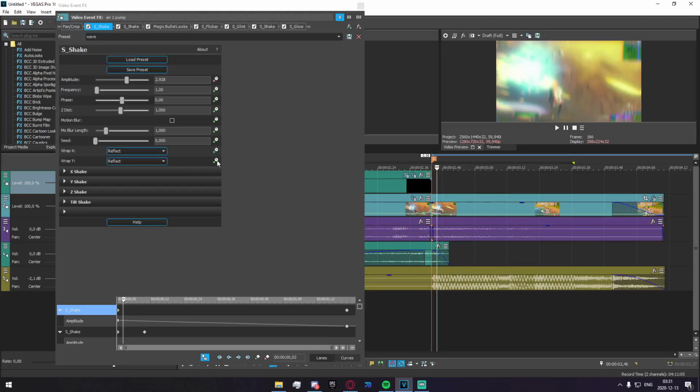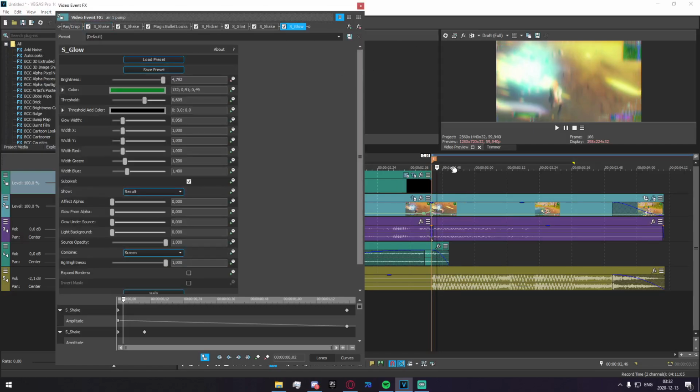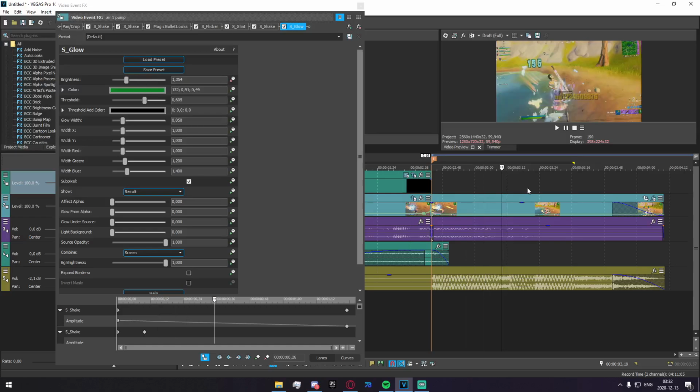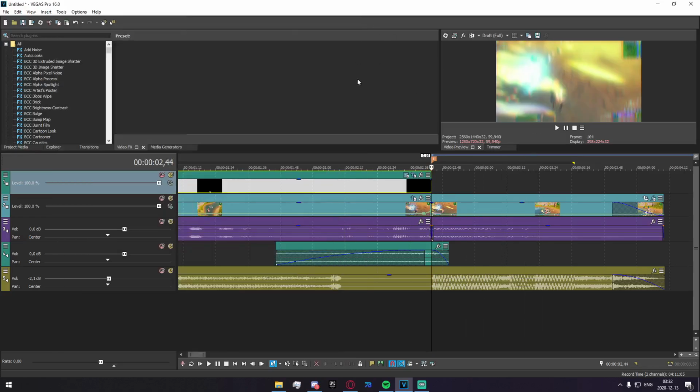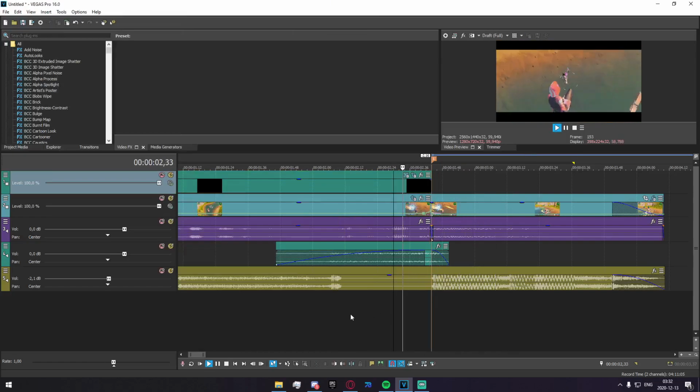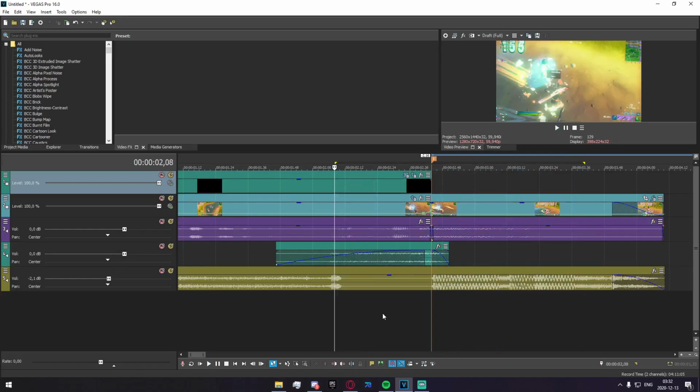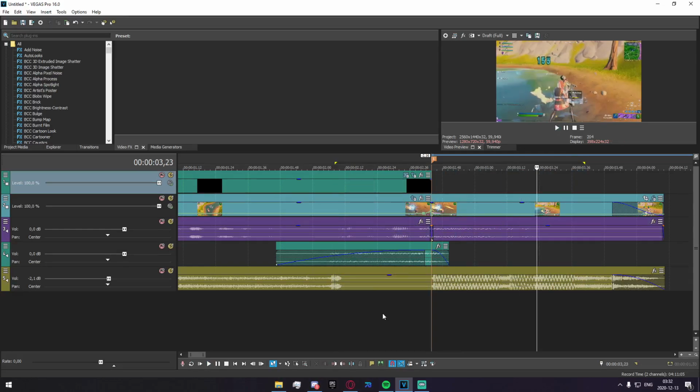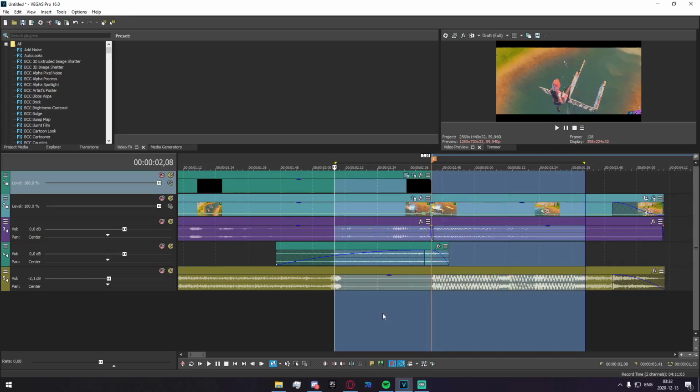Pretty much what I've done here is I've just taken a normal impact, and I've added some glow. So I've made it green, and I made the brightness very bright, but I've also made the threshold very high, meaning that it gives it sort of a cool look that I really like. So yeah, I've also gone in and added a lot of tilt shake so that it looks pretty good. So as you can see, if I pre-render this, just so you guys can see sort of how it looks, you can obviously download the preset yourself and try it out, but